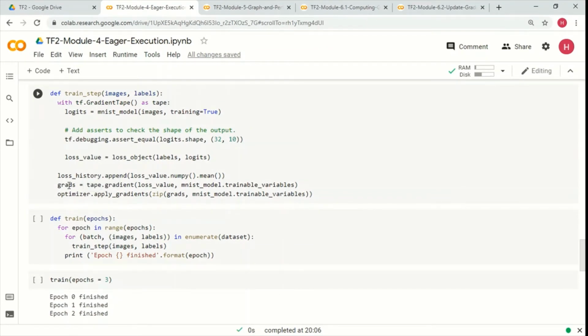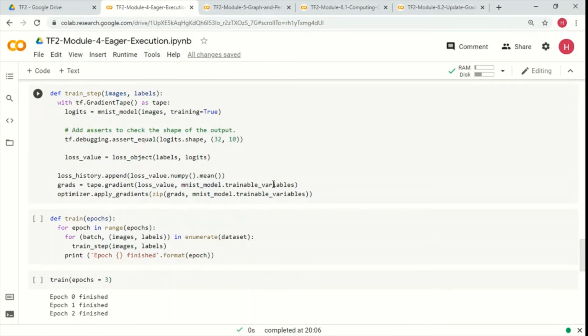And then we are calculating the gradients. The interesting thing here is when we call this tape.gradient method, we give it this loss value. So we want to calculate the differential of the loss value, but with respect to what? With respect to the MNIST model dot trainable variables.